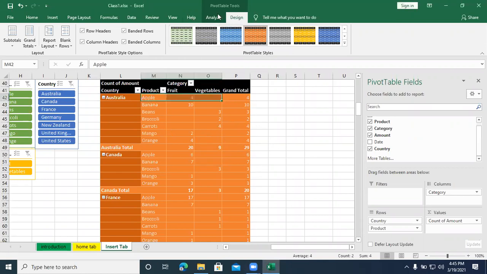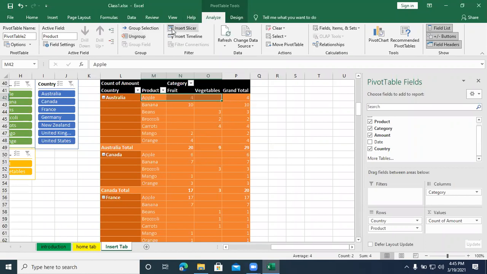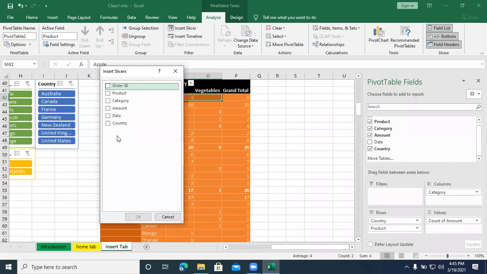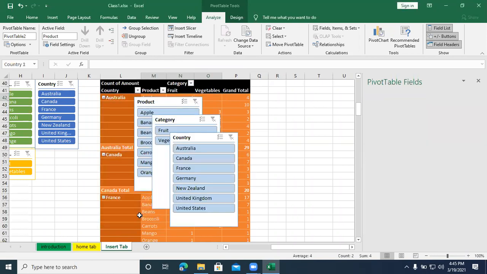So again, we will come back to Analyze. Insert slicer we already did. Based on a normal table, the same thing we apply even for the pivot table. I click on insert slicer, and all the column headings are displaying. I choose product, category and country. Click OK.